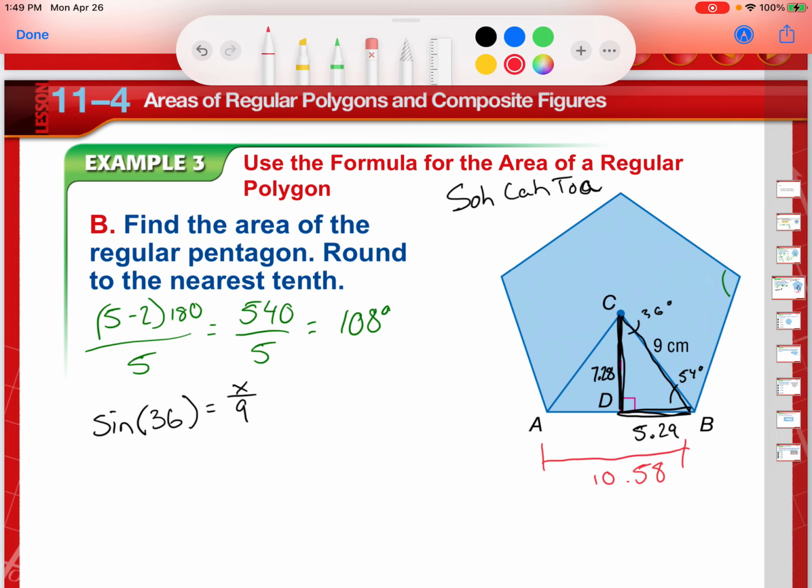And then I would of course multiply that by 5 since there's 5 sides. So 10.58 times 5 equals 52.9, and then I need to multiply that times my apothem, which is going to be 7.28,